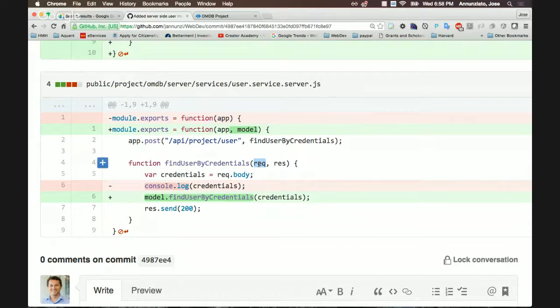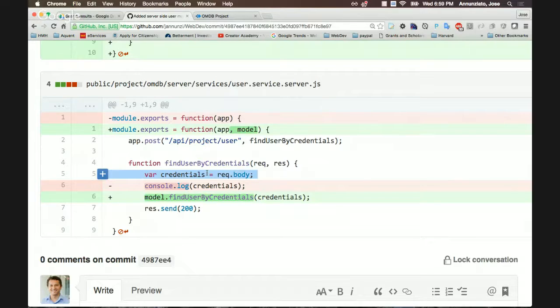Express does a lot for us, providing us this REQ object, this request object representing the request. Yes, we're building on top of that framework to extract data from the body. But here's where the task responsibility of the service ends. Again, the responsibility of services is to interact between the HTTP world and the object world, just like the